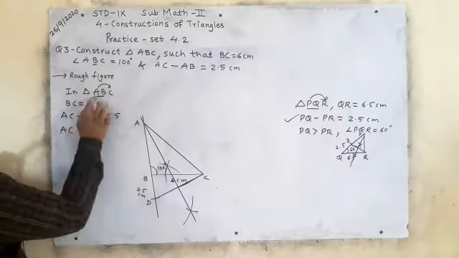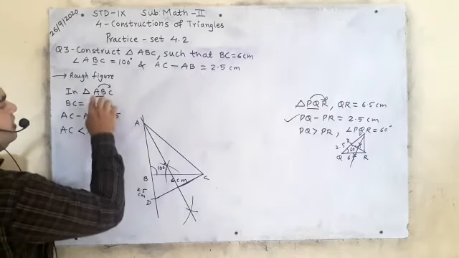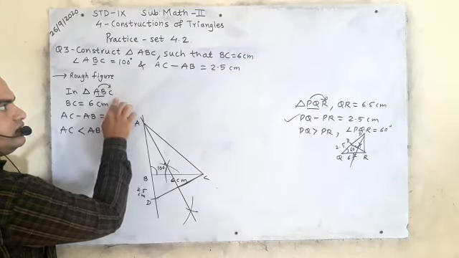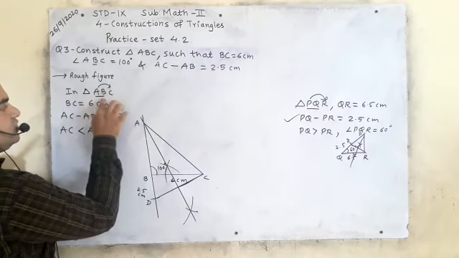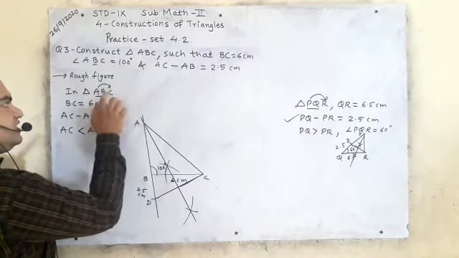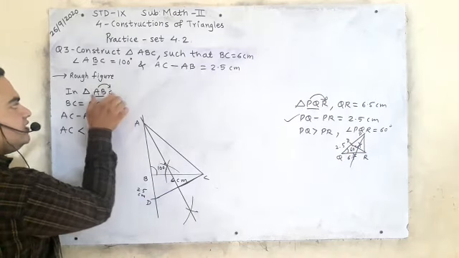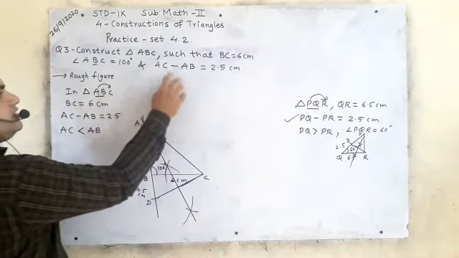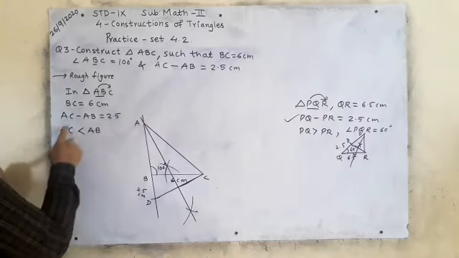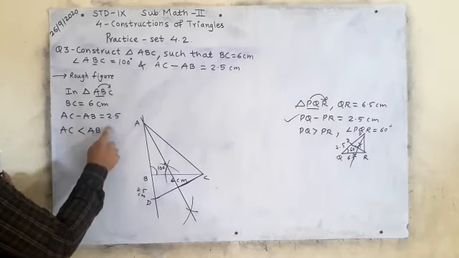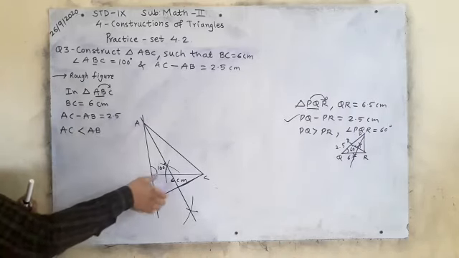Look here, AC first. AC came first, which is wrong; AB was there first, so AB minus AC should be here. But they have taken AC first, AC minus AB, which is wrong. Therefore AC minus AB is not correct, so we will take 2.5 below the arc.